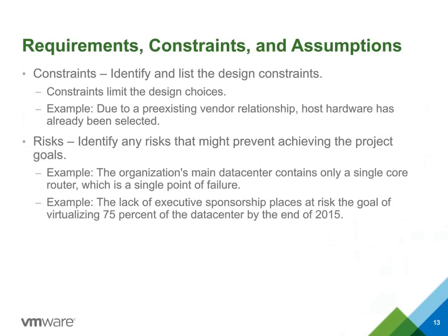And one more item that's listed here, we didn't call it out specifically before, but another thing that an architect is going to be looking for in a design engagement is any risks that may exist within the project itself or in the resulting architecture. So for instance, it may be that during the various design sessions that an architect has with the customer, the architect may identify that the underlying networking infrastructure that's being provided is subject to a single point